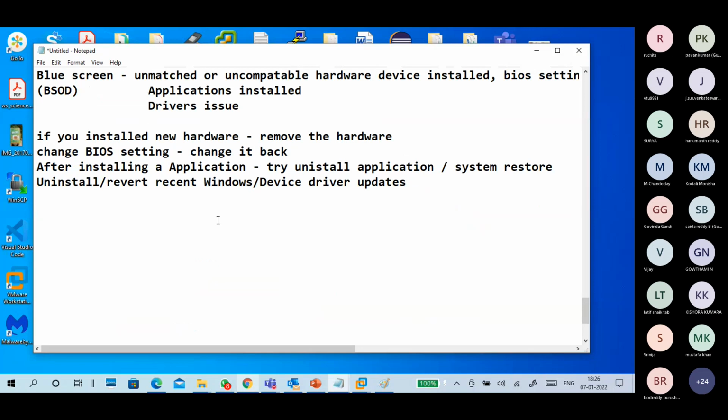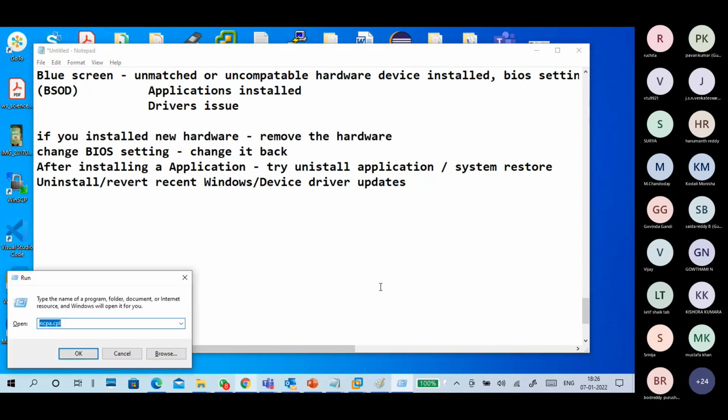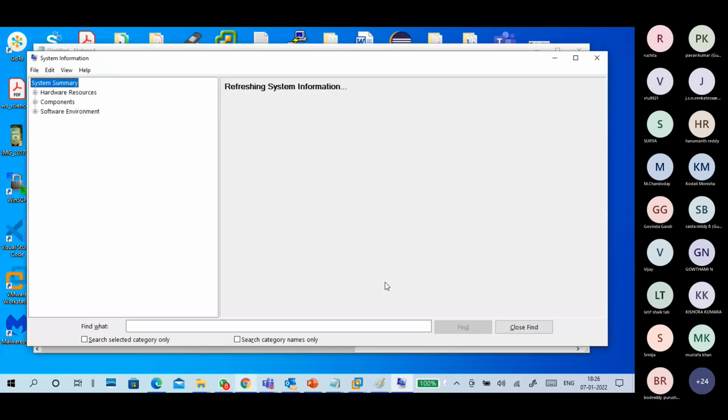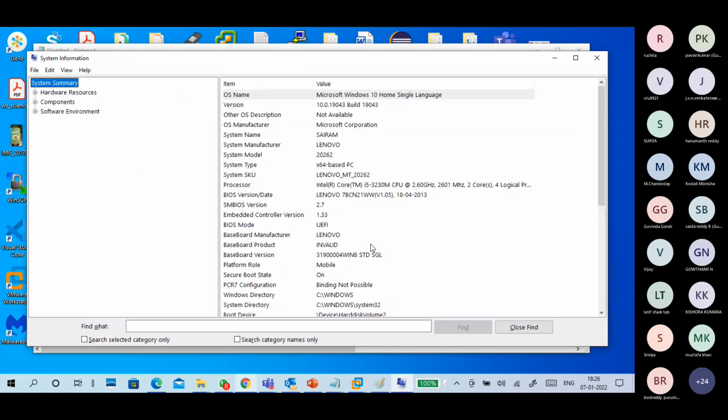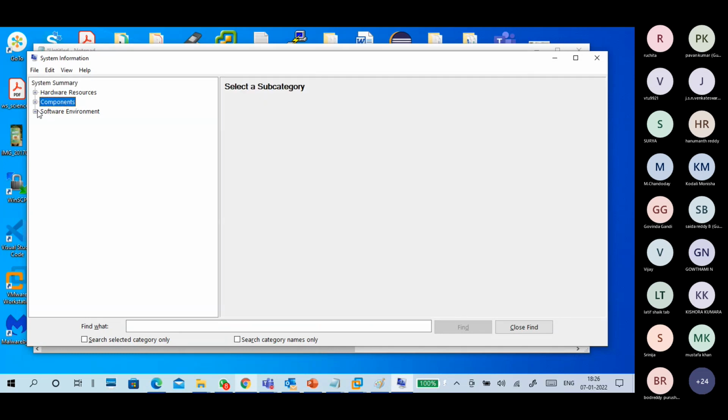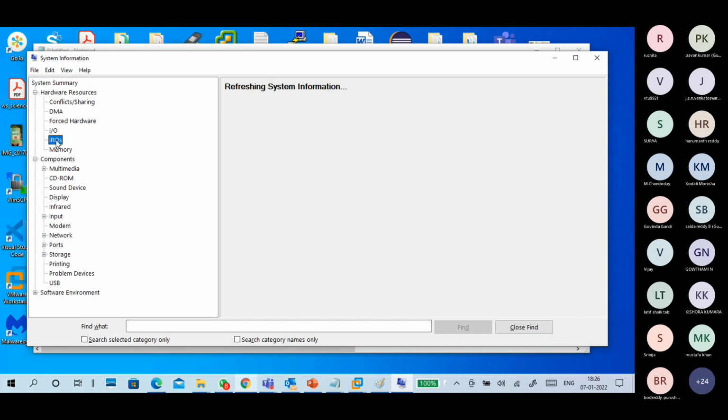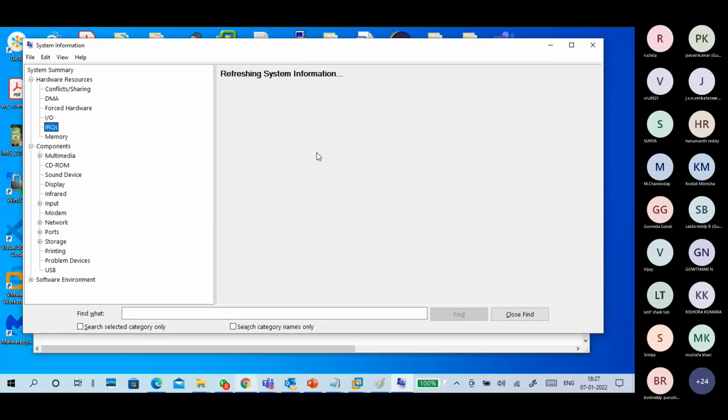So why are you getting a blue screen error? Every device in your system, meaning hardware devices, operating system, everything, usually hardware devices, has IRQ numbers.